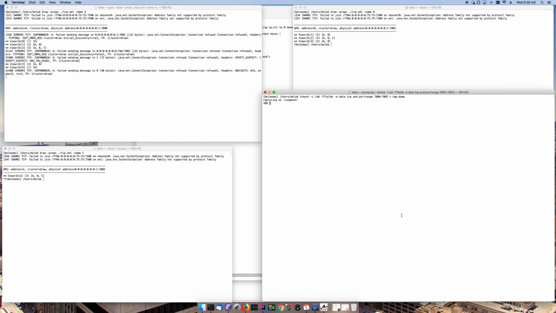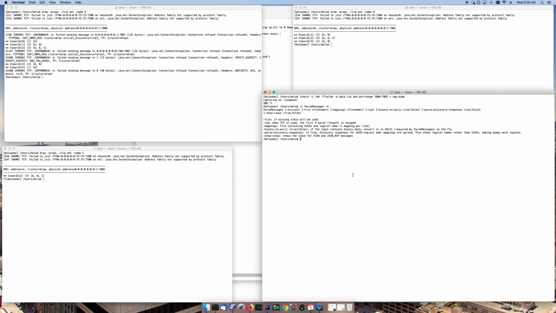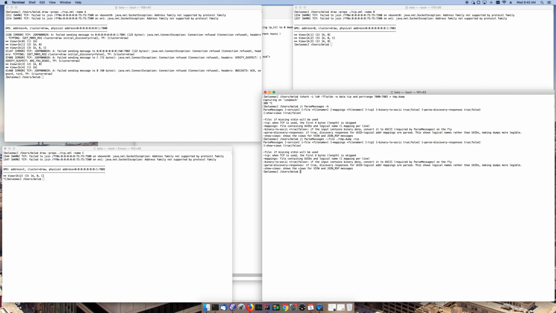We see we captured 388 packets, so let's kill tshark and use parse messages to look at the contents. The only difference here is because this is TCP, the wire format in JGroups is slightly different. We need to tell parse messages to use TCP. This is this option TCP. So as before, we use -file pointing to temp dump and then -TCP,